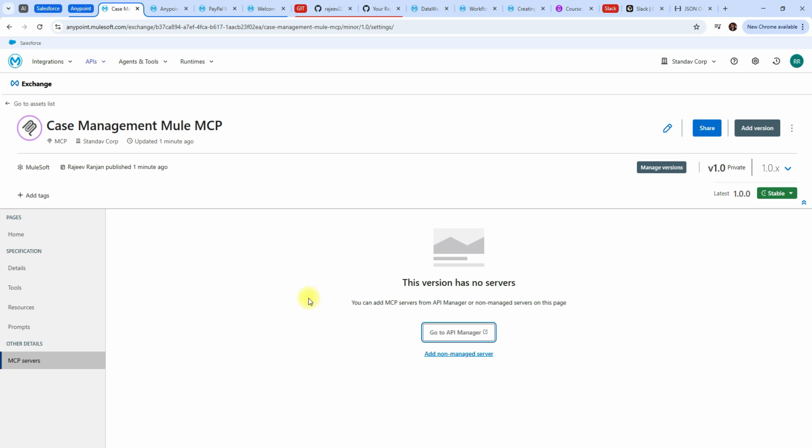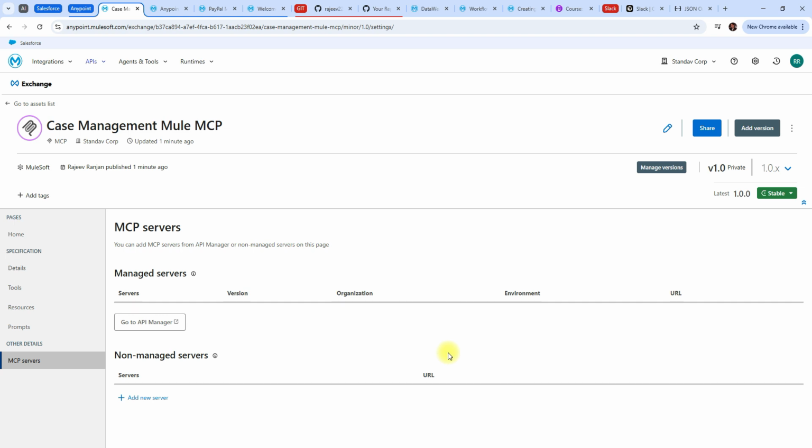Managed means this MCP server is going to be managed as part of your MuleSoft ecosystem. There is another option called add non-managed server. Suppose this has been hosted either internally or externally. A managed server goes through the API manager, which is part of our